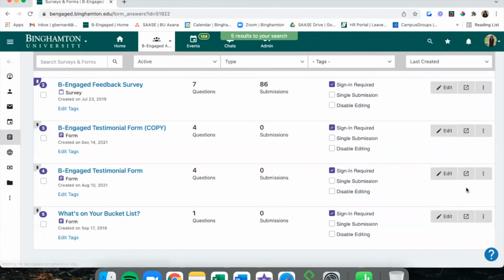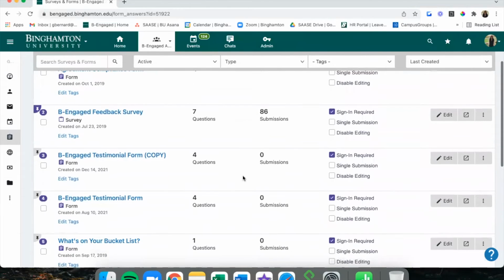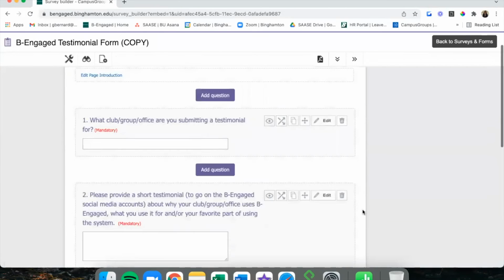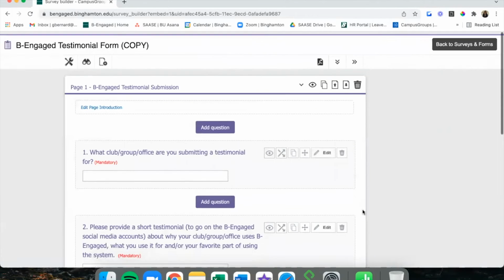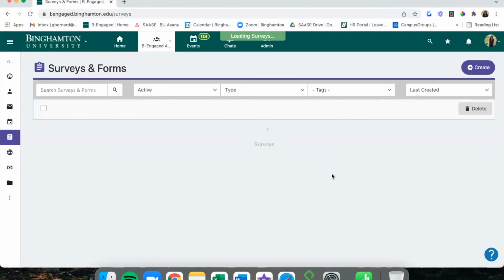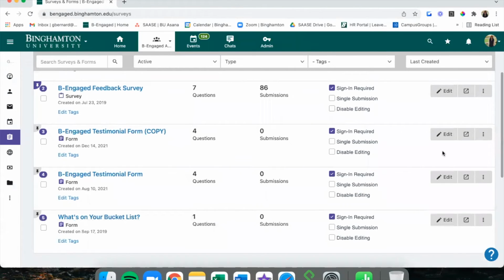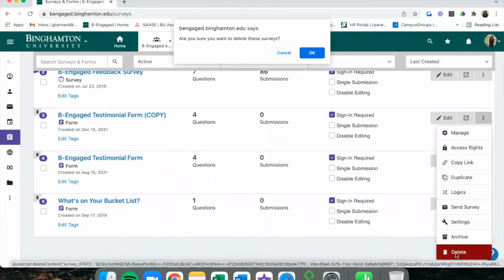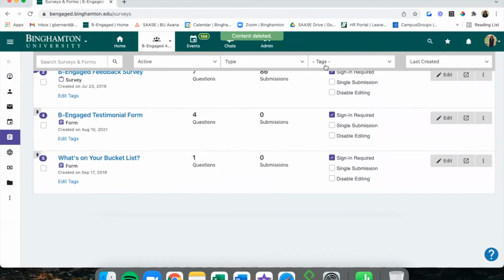Duplicate just creates a copy of the form, which you can see here, marked copy, which you can edit by clicking the edit button, and customize if you need to further develop the original form or change a bunch of things but want to preserve the original copy. And to delete that, that's actually the last option here. So we'll just delete. Click delete, which is the last button.